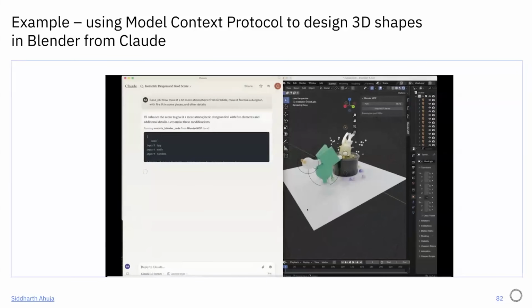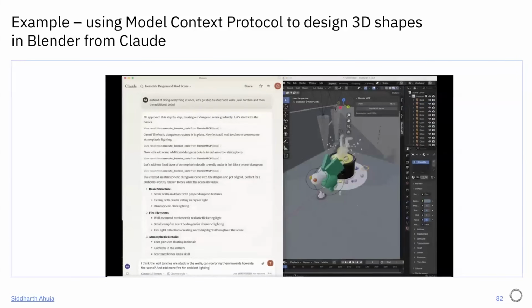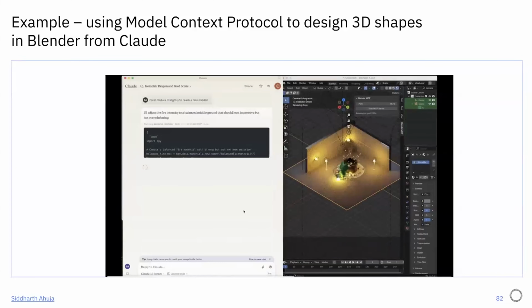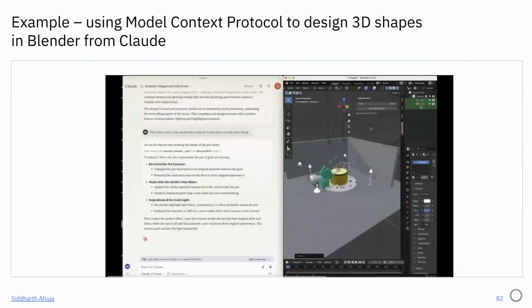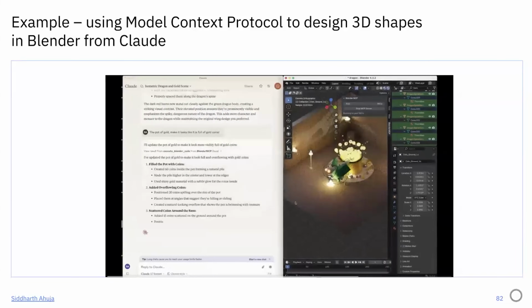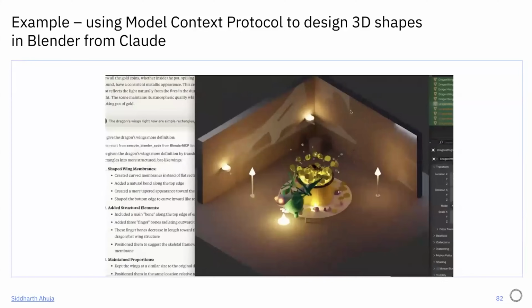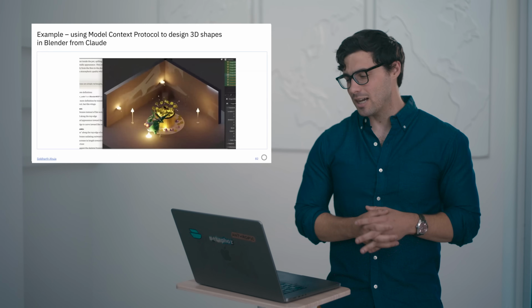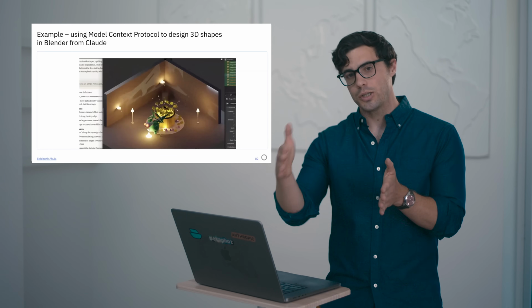And what you can see is that all they're doing is talking to Claude or Anthropic in the web URL. And on the right, Claude is controlling and designing a scene in 3D for them, even though that person knows nothing about 3D modeling or how to use Blender. Yet in the end, they get a really good result. And so this is just one kind of cool example of how powerful it is to connect tools and systems